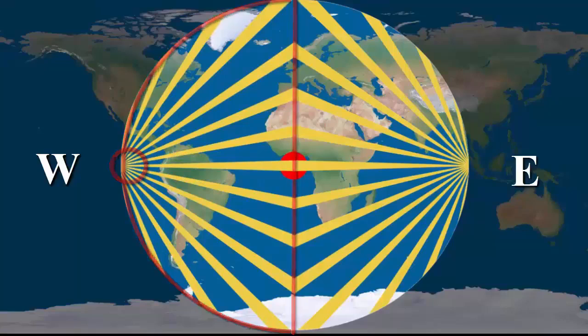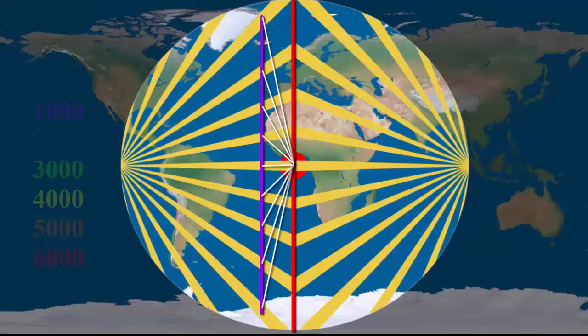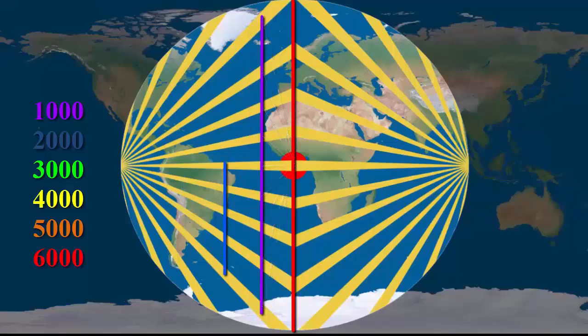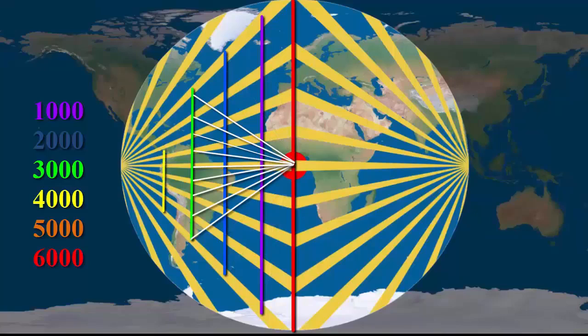Now, from the observer, let's break this down into the rays that are 1,000 miles away from you, the anti-crepuscular rays, or look at the crepuscular, either or. But the anti-crepuscular would be this line right here. That's 1,000 miles from you. So that's where all those rays would be at 1,000 miles from you. At 2,000 miles, they would be here. At 3,000 miles, here. At 4,000, here. At 5,000, here. And at 6,000, they go to a point.